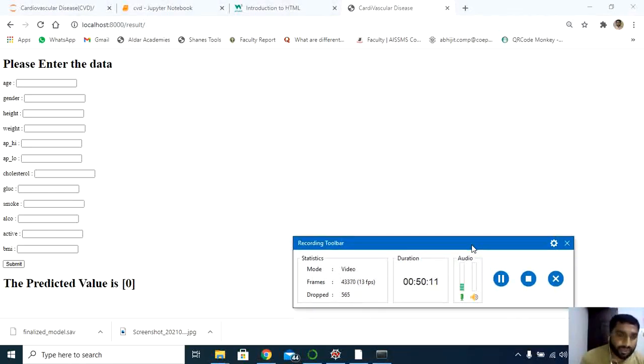In my next part, we will see how to store this data in a database system using Postgres or MySQL. That means one copy should go to the model, and another copy should go to my database. Let's see how to do that in Django.